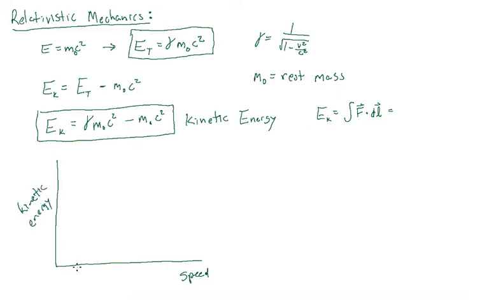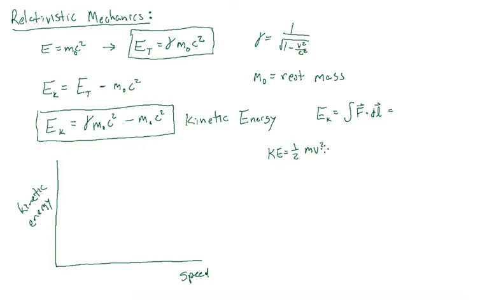Well, classically speaking, we would just get something that went up, because remember, classically speaking, and this is a good point to bring up, kinetic energy equaled what? 1/2 mv squared. And if you take this relation here and do some series expansions on it, like a Taylor series, if you've done those yet, you can expand this out and take a couple terms off it,